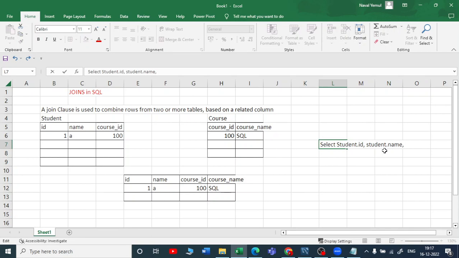comma, student dot course ID, and then we want the course name from the course table. So let me use the table name, course, dot course name as the column name. So these four columns will come out. Here you need two tables on which you are joining. First is your left table, that is your student table, and you want to join that